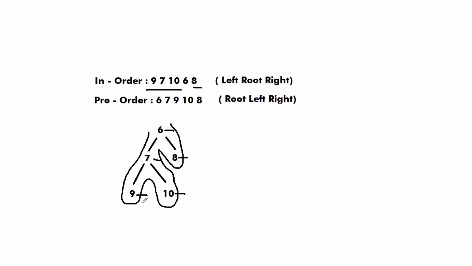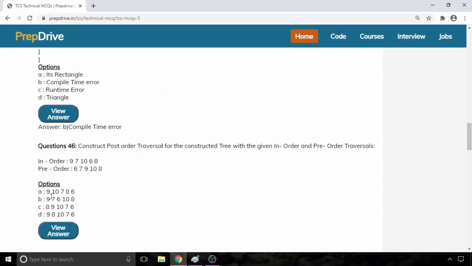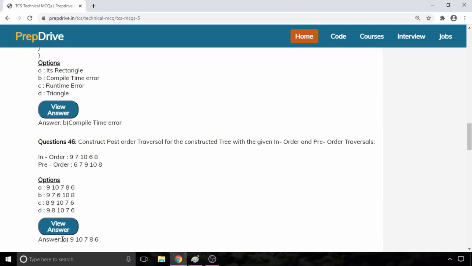As you can see, first of all we reached 9, so 9 is going to be the first element, and then we reach 10, so 10 is going to be the next element, and then we cut 7. So 7 is going to be after this, and then 8 and 6. So this is going to be our post-order traversal for this binary tree. And as you can see, our first option was 9, 10, 7, 8, 6, which is the correct answer.